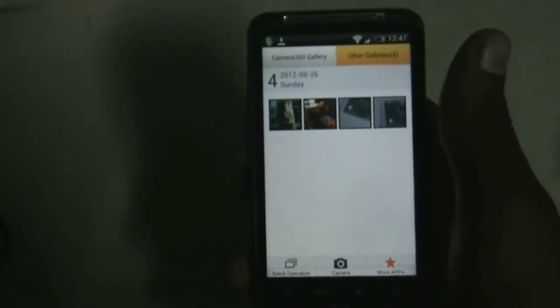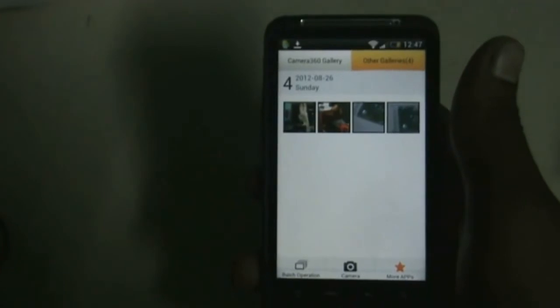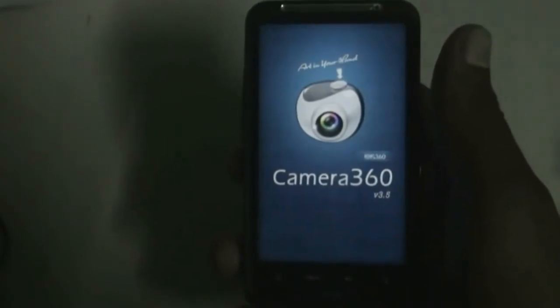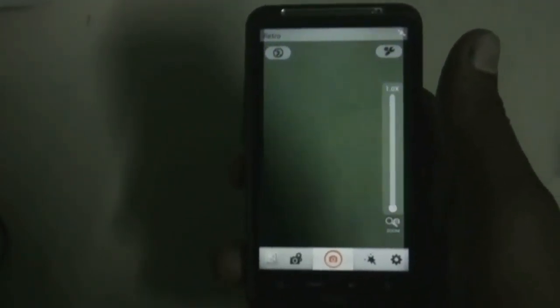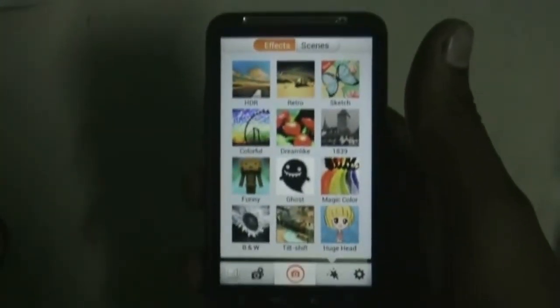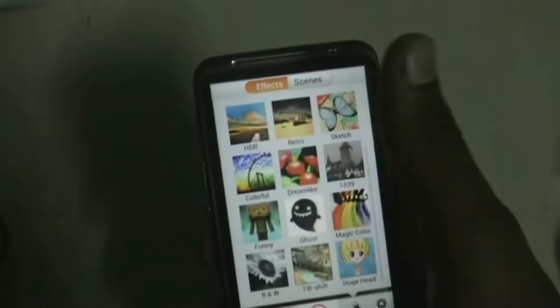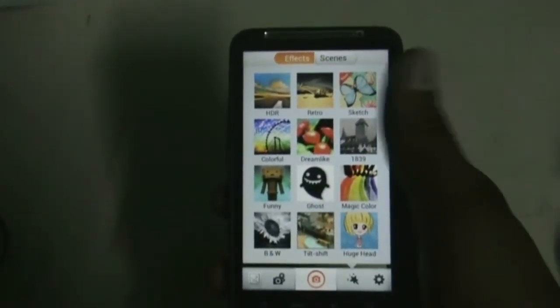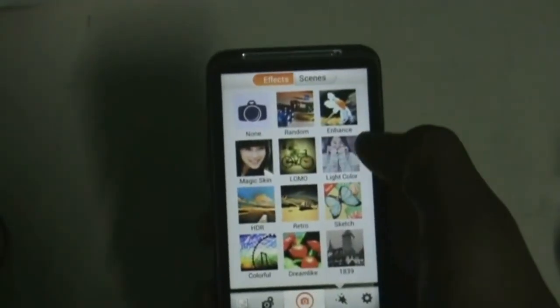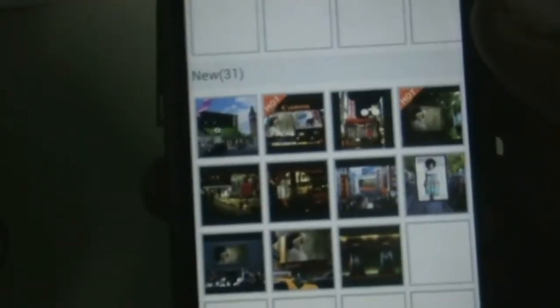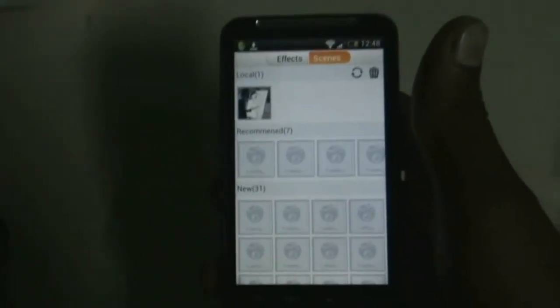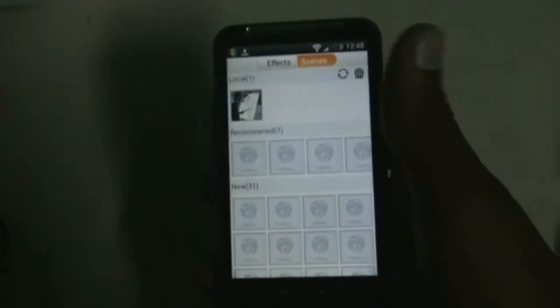It is even listed as one of the top 100 technology products by PC World, and it is a heavy duty camera that requires a bit of learning before you can take some extraordinary shots. You get an effects tab here where you can select a lot of effects, like the HDR effect, which helps you to capture stunning photos, and other useful effects. You also get the scene option here from where you can download a lot of scenes, so you can just see it. This is one of the useful apps for your camera, so just try it.